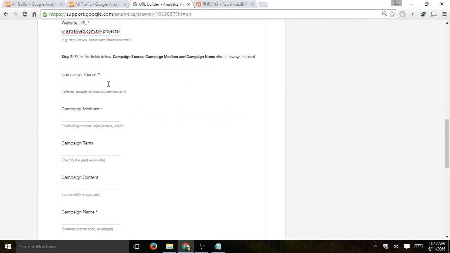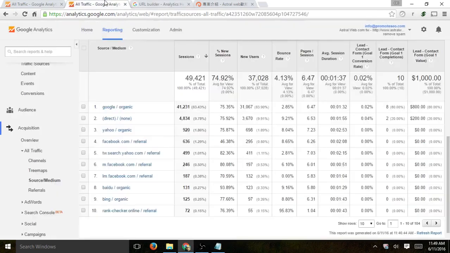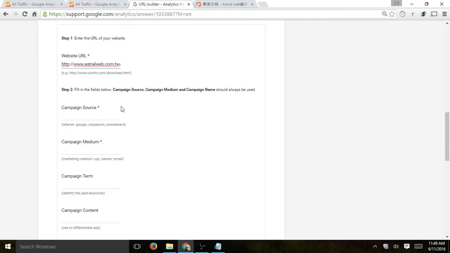I'm just going to put the URL here, and I'm going to attribute additional information with, for example, what source, what medium, what term, content, and name I want to attribute in Google Analytics. So this is the source and medium. Source, for example, is Google, medium is organic, etc. So basically, this is up to you on how you want to create it, but you want to be unified on all of the email newsletter campaigns that you do,